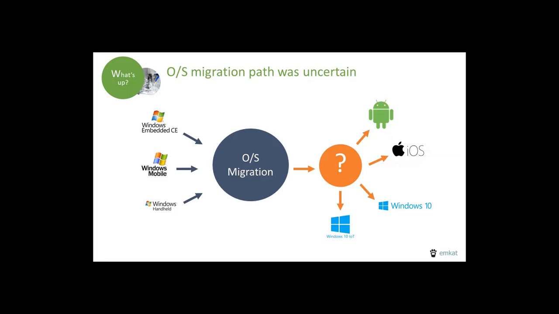Meanwhile, as everyone knows, iOS and Android have dominated the consumer space. Rugged mobile device manufacturers had a choice. iOS, being a closed platform, was not an option for a purpose-built rugged data collection device. The market could either continue with Windows embedded in CE or invest in Android devices.